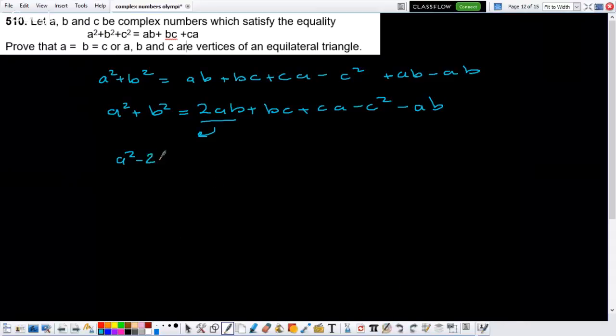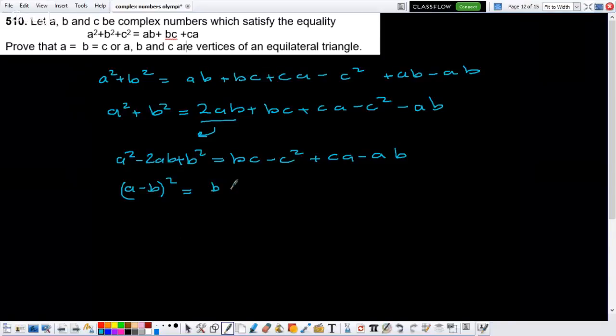a square minus 2ab plus b square is equal to bc, not plus, minus c square, and ca and minus ab, they have the same term, so it's going to be plus ca minus ab. Okay, c is the common term here, a is the common term here, then the (a minus b) square is going to be equal to